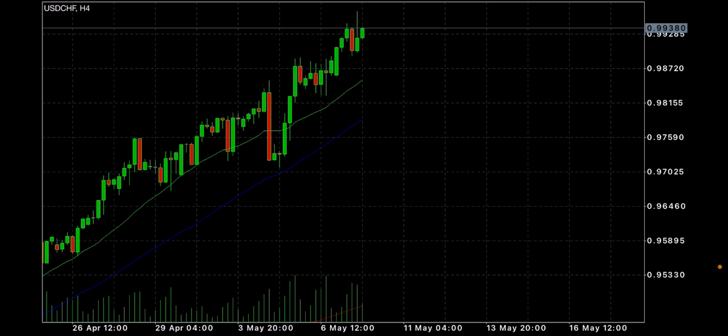We're going to be looking at the USDCHF. But before we get started to break down this chart and this currency pair, we have to state that